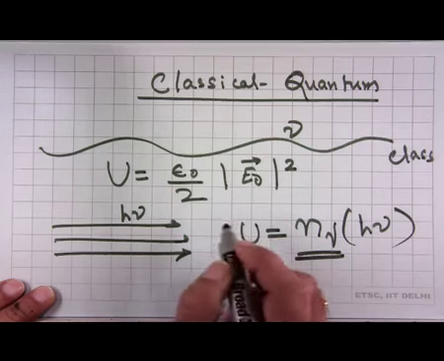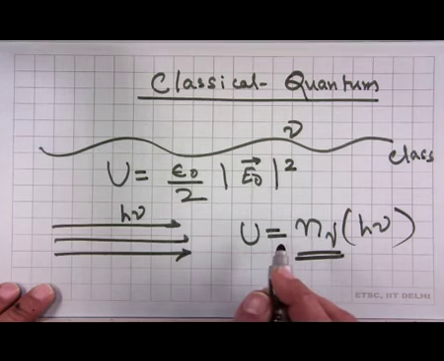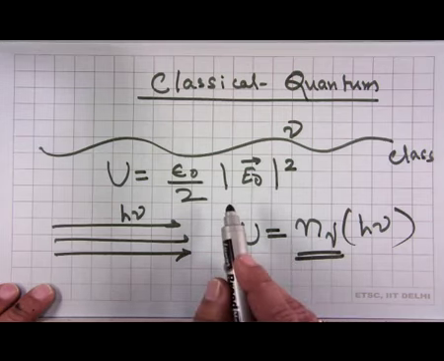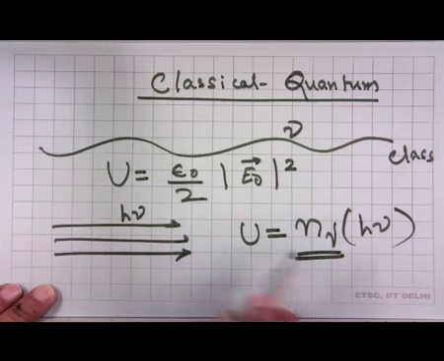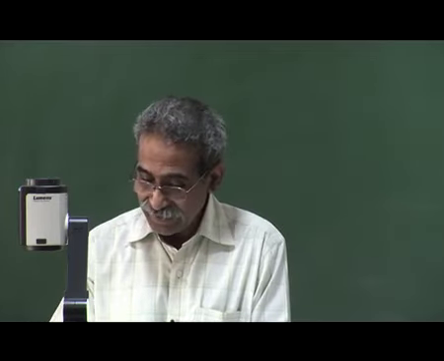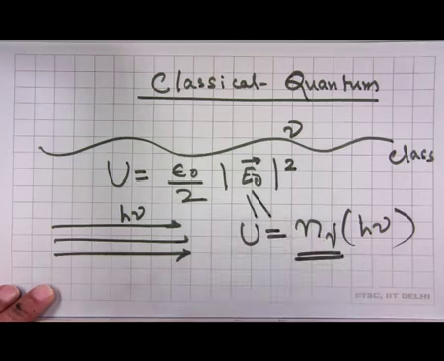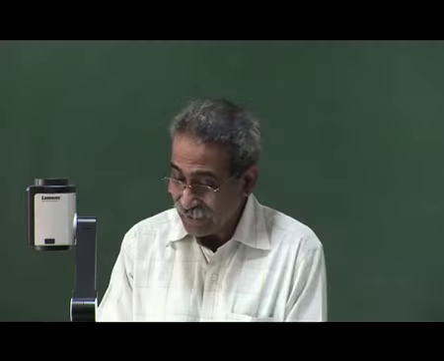So what will I do? There is a classical expression, there is a quantum mechanical expression. Classical is coming from a wave, this is coming from particle. Wave has nothing to do with particle, particle has nothing to do with wave. But we are courageous people, I mean Einstein was courageous. We are going to equate the two of them. That is how you solve all your problems in your 12th standard for your JEE or CBSE or anything.